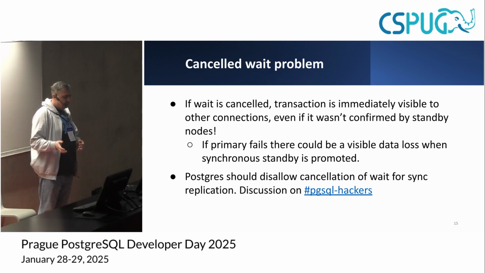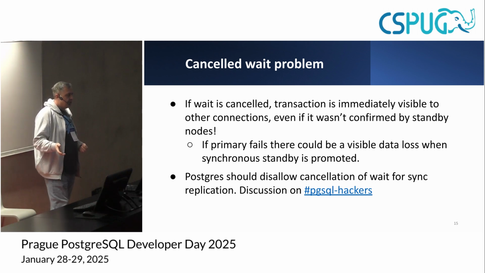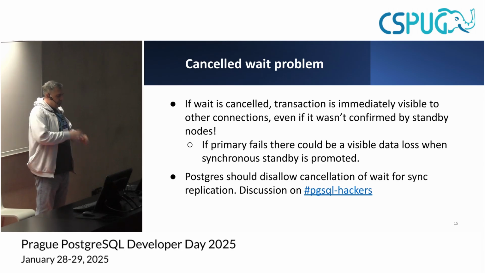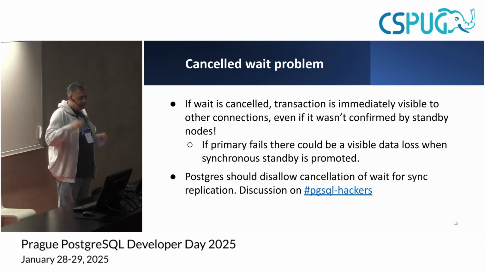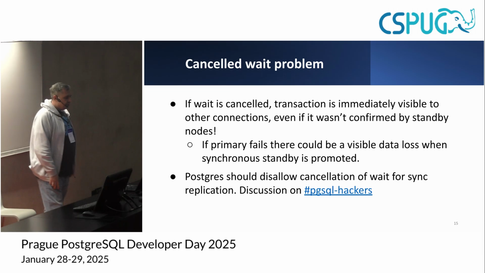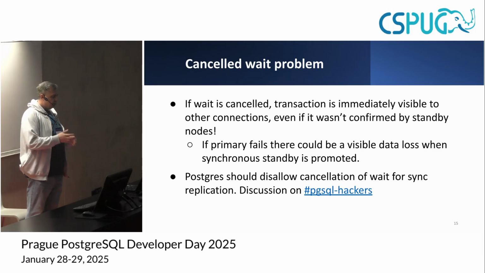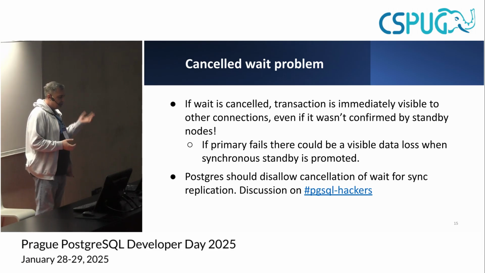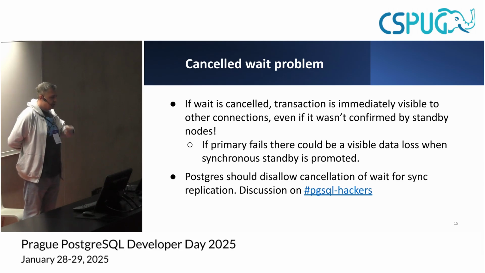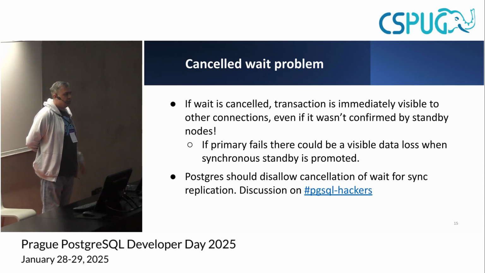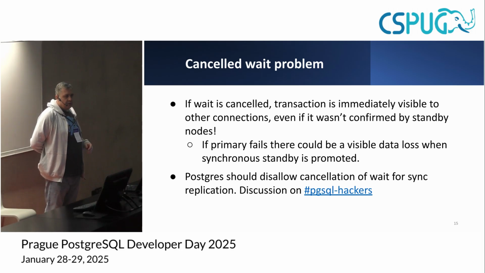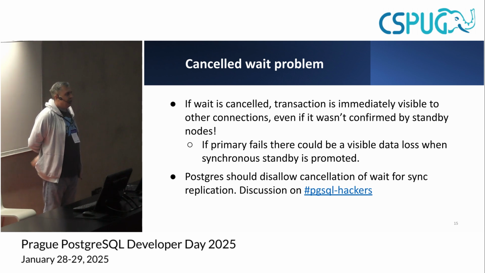And it's not canceling, like actively canceling its query. It's not using statement timeout or stuff like that. But something happened with the network. Like our world is not ideal. Some network hardware could also fail, and our TCP connection got broken. And this transaction becomes immediately visible to other connections, and they may do some further changes based on it, even without realizing it, because you may do, let's say, insert on conflict update.